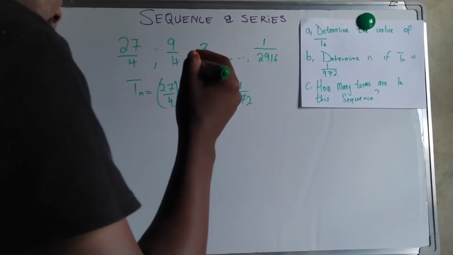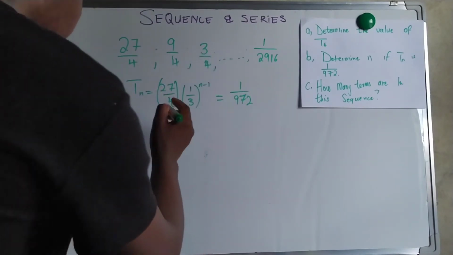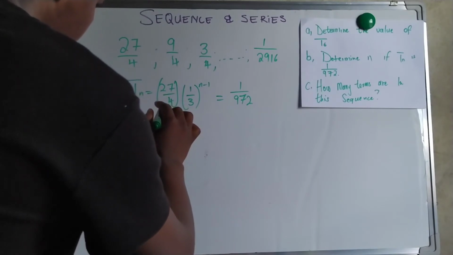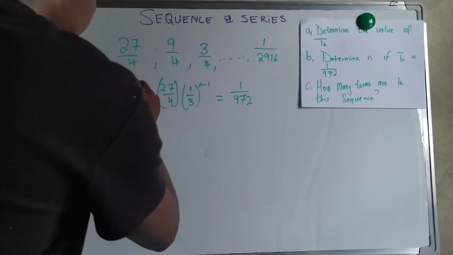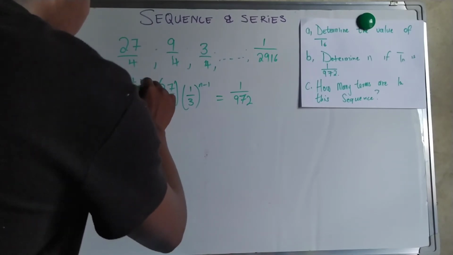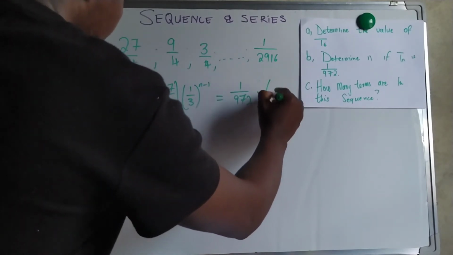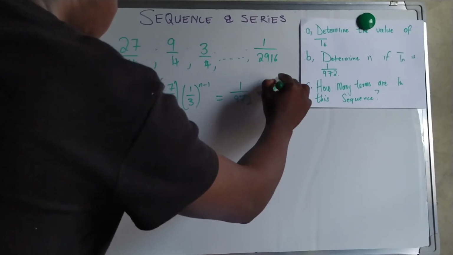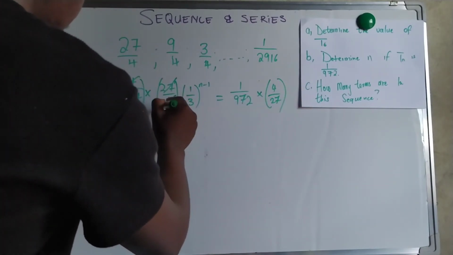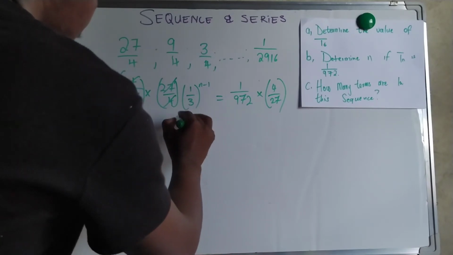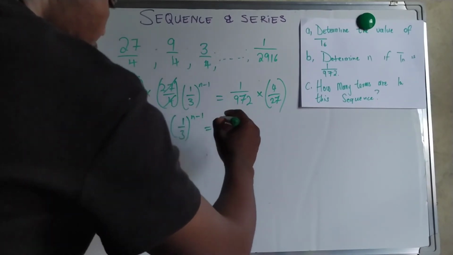We're going to firstly divide by 27 over 4. Or we can rather say we're going to multiply by 4 over 27. Okay, we multiply both sides. Okay, so when we do this, this and this cancels, this and this cancels. We're left with 1 over 3 to the exponent n minus 1 is equal to